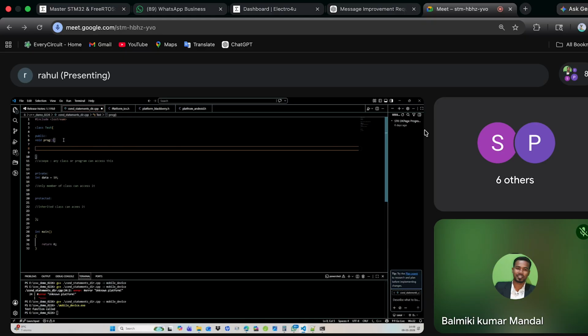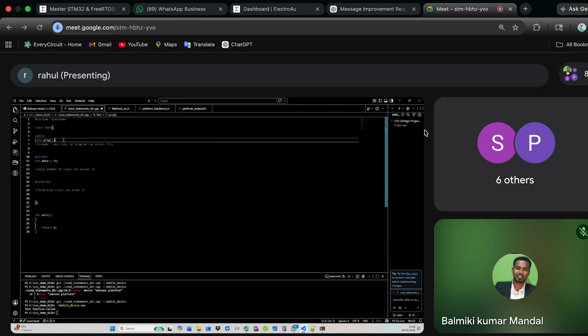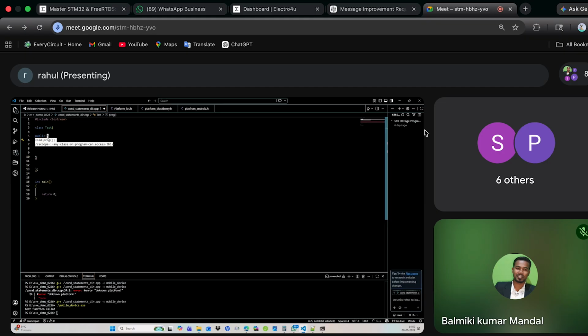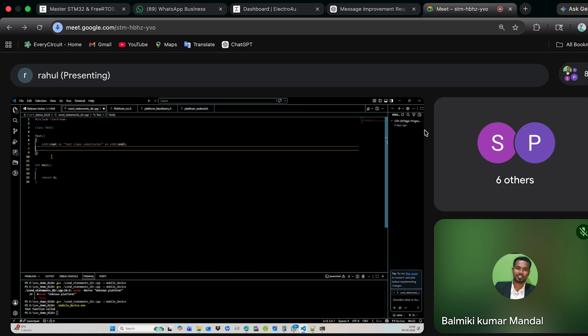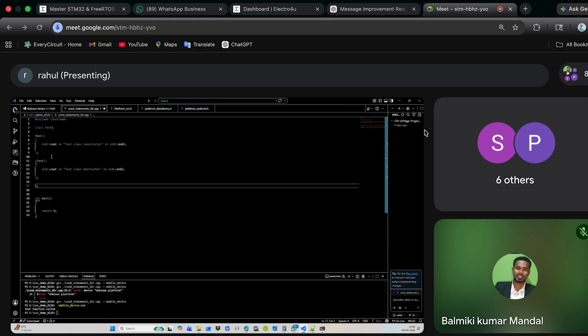Also, one more thing: before we learn class, we need to learn constructors and destructors. So let's remove these things, private, protected, and so on.